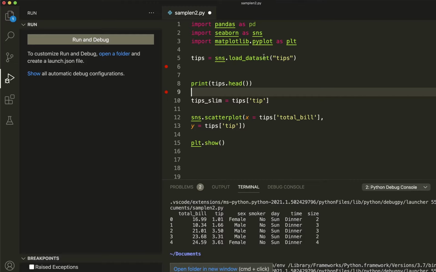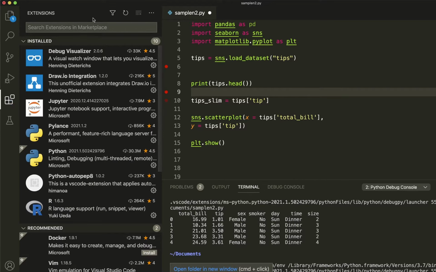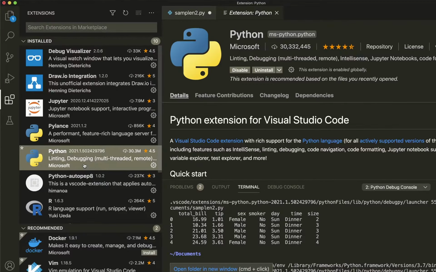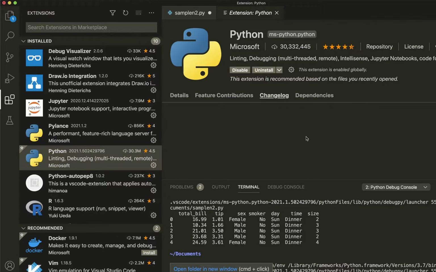The first step is you need to make sure that your VS Code's Python version is the latest. It should ideally be the latest so that you get the feature instantly, but if you do not see it as latest, or if you see that you have to update it, then you can just restart your VS Code. Once you restart your VS Code, you would see the latest update within Python.